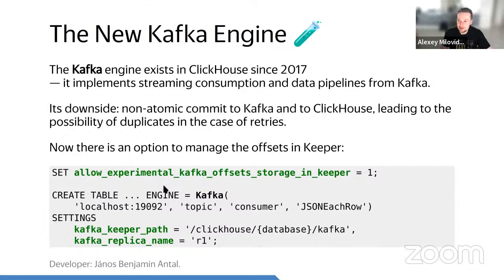Let's take a look at some new features that are experimental and introduced just now. The new Kafka engine. So you know that ClickHouse can read and consume data from Kafka directly. The Kafka engine has existed since 2017. And it is easy to use. You create a Kafka table, you create a materialized view, and it consumes data from Kafka and possibly processes this data with some expressions, with some data pipelines, possibly aggregates this data, parses this data, etc. But this table engine